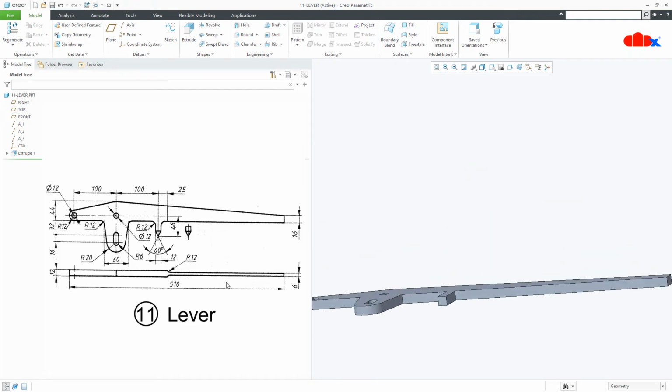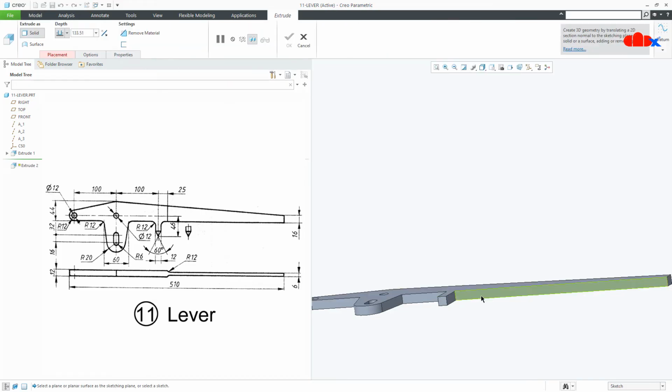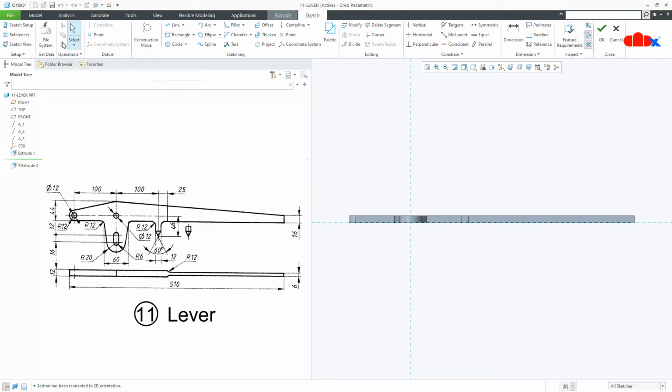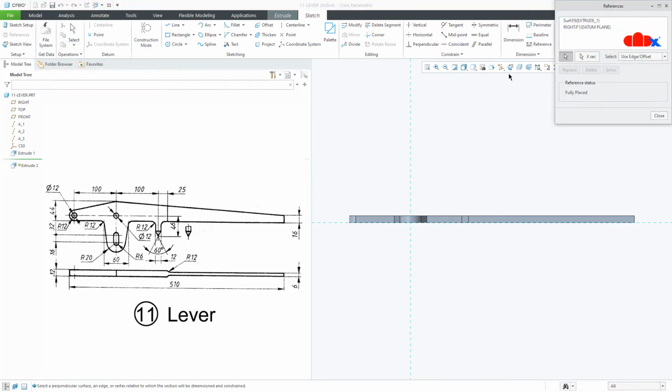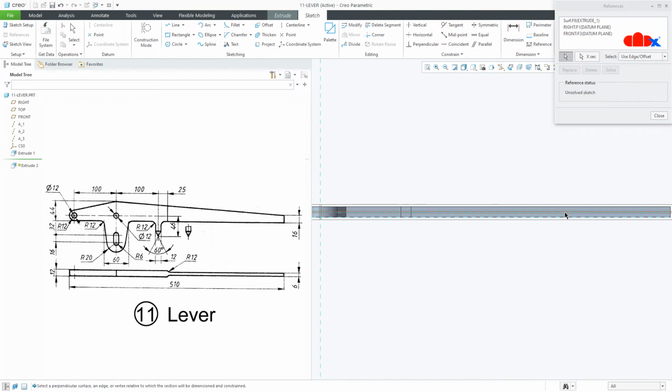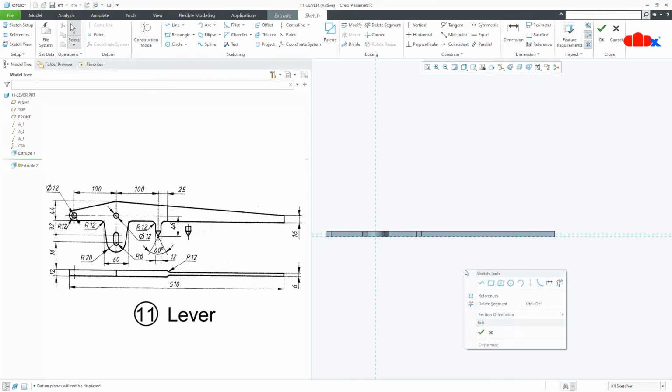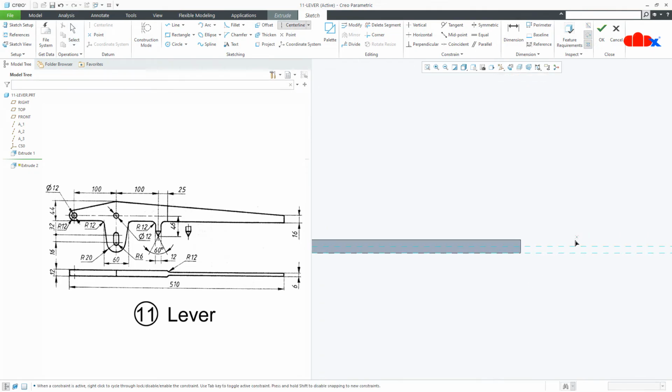Now the next feature is this cut. So go to extrude, select this face, normal. Go for reference, switch on the datum plane and select this mid datum plane. Now draw a center line.